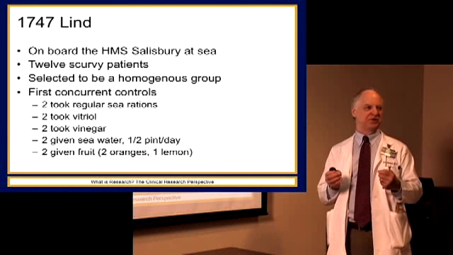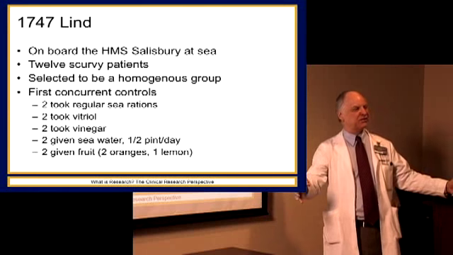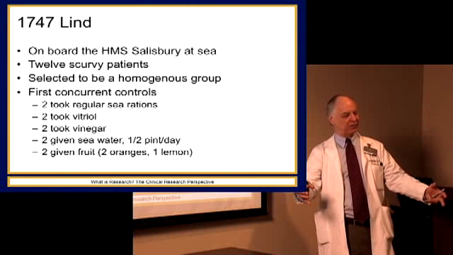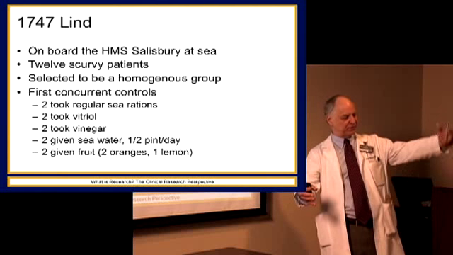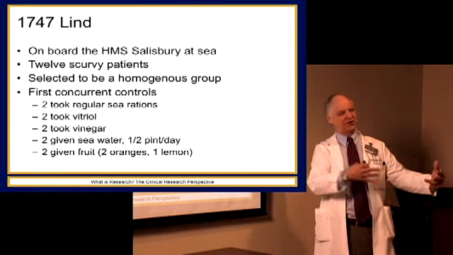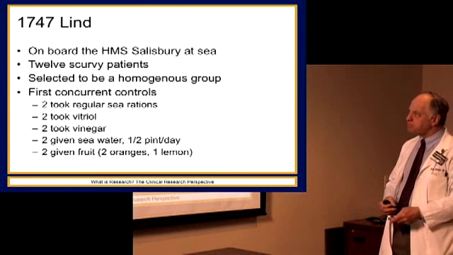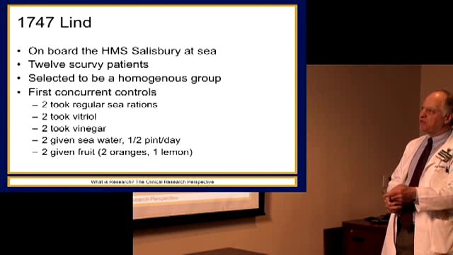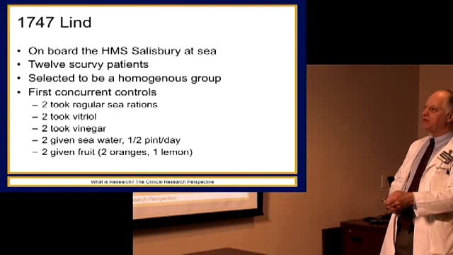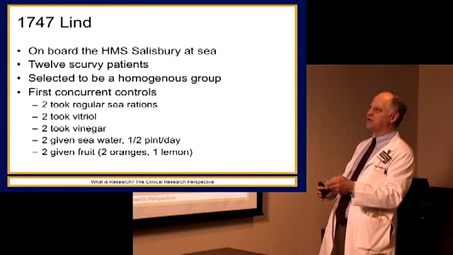This is a major issue in clinical research. You want the population to be as similar as possible when you start out, so that if you intervene in one component of it and that population responds in some way, it's easier to see that change against the backdrop of the other patients who look the same at baseline. So he developed a notion of having some concurrent controls. That's a new idea, that you actually control things.